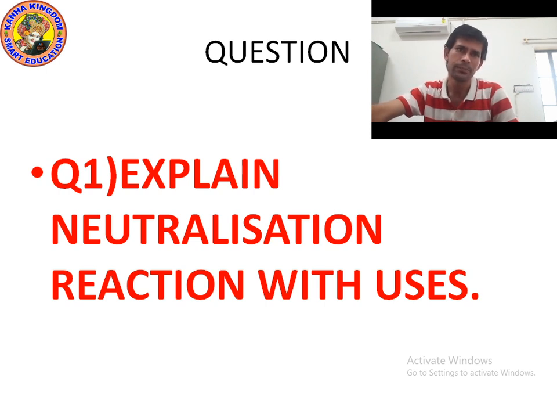Second is soil treatment. Excessive use of chemical fertilizer makes the soil either too acidic or too basic, and plants do not grow well in such soil. When the soil is too acidic, it is treated with a base like quicklime, which is actually calcium hydroxide. If the soil is basic, organic matter is added to it. Organic matter releases acids which neutralize the basic nature of the soil. Okay.